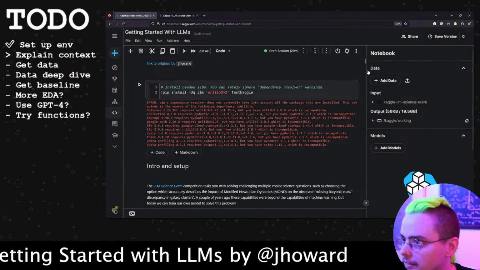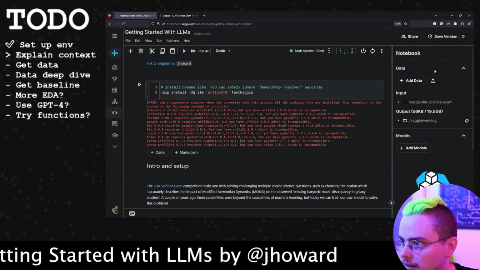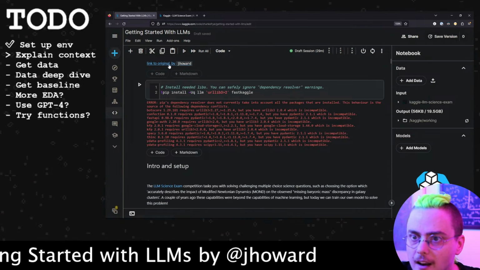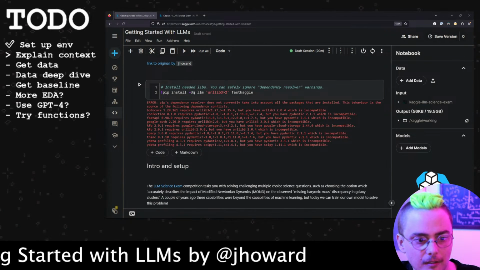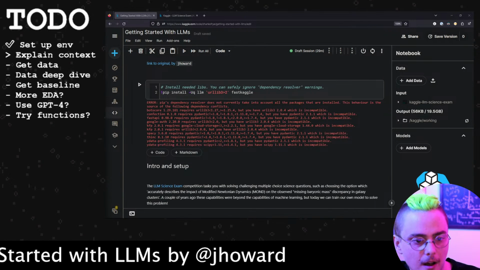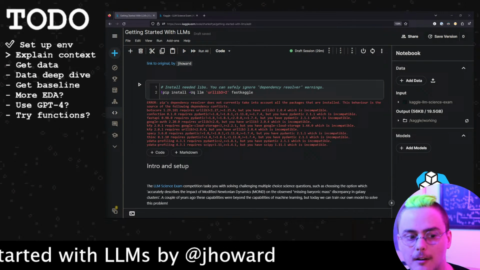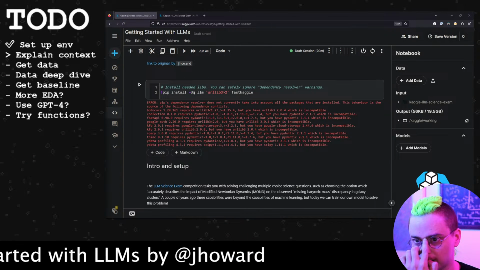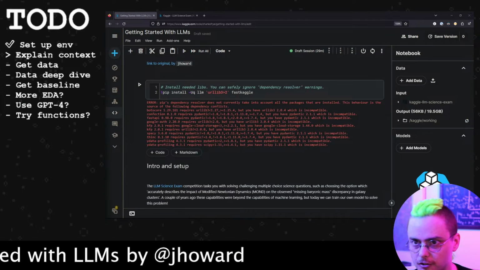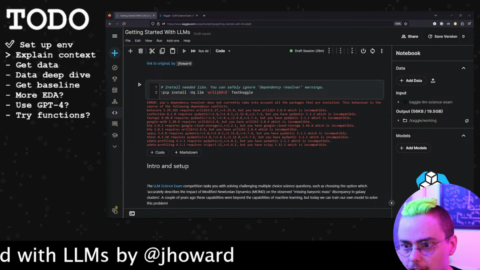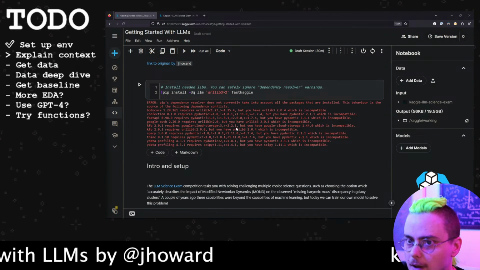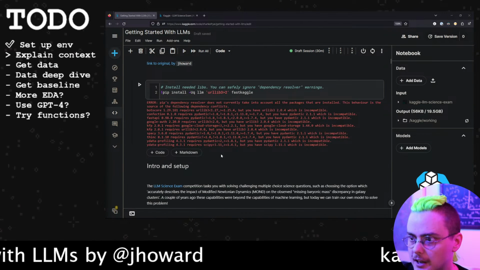So again, this notebook here is written by Jeremy Howard of Fast AI. I think I have a link I can share with you if you want to grab. There we go. I shared a link in the chat that is the link to Jeremy's version. I'll be working on my own version here. If you want to, fork and play with it yourself. It was pretty easy to get going.